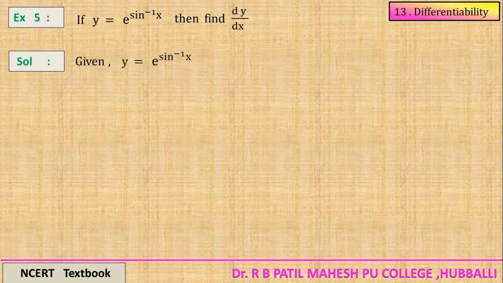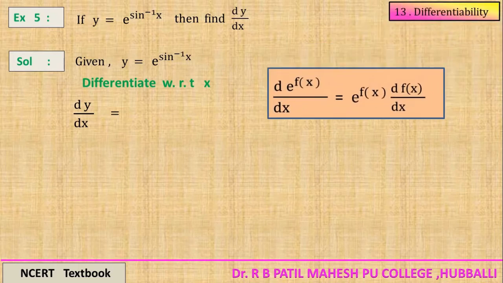First write the given function y is equal to e raised to sine inverse x. Differentiate with respect to x. Left side dy by dx. So as I said, it is an exponential function, composite, it is the same function